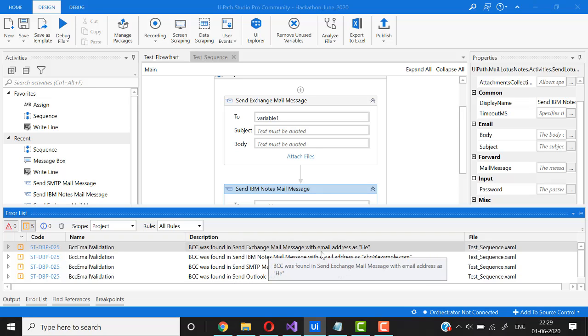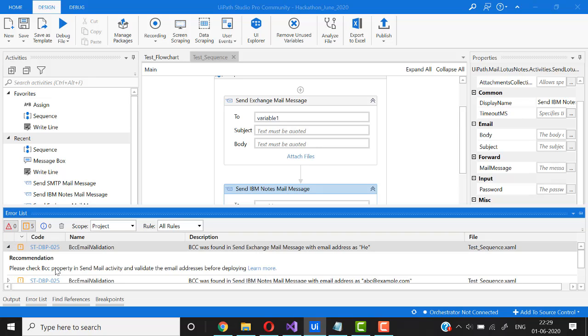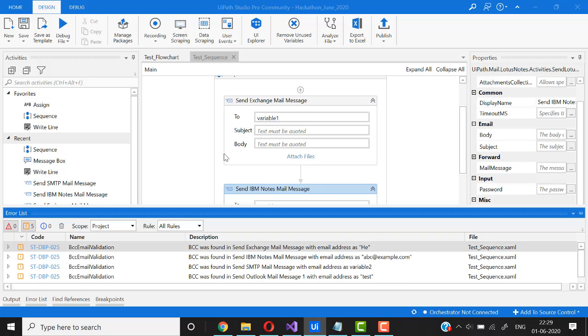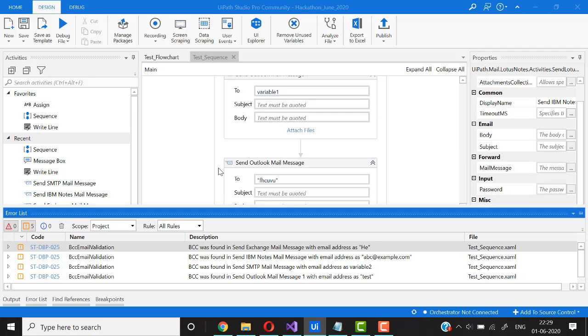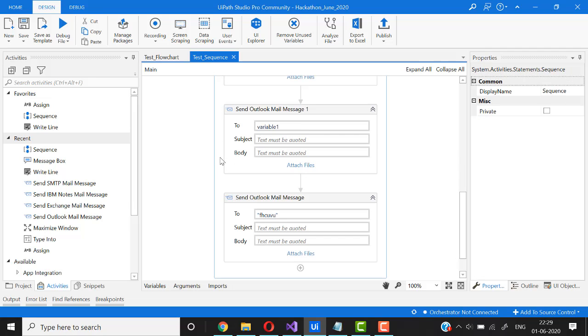It gives the name of the activity and the email address as well. The recommendation is to please check the BCC. It helps us find out which activities have BCC, and it should be validated before the code is deployed, because there is always a risk that information may get leaked and the owner of the bot will not be able to track that.